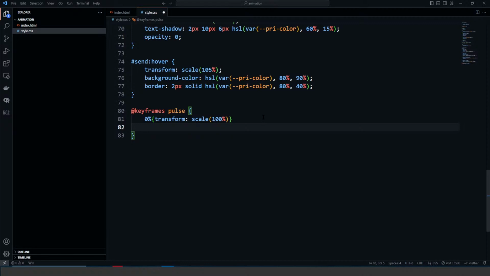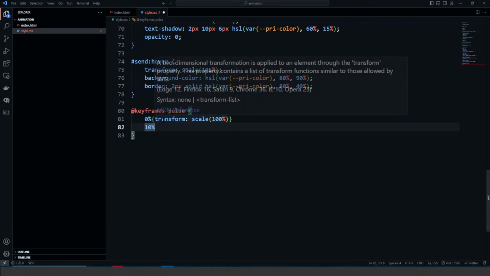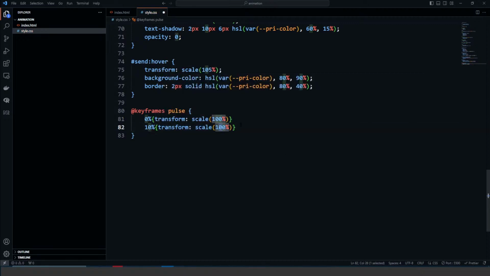And when it's 10% finished, I might want that scale to be at 110%. So that way, when the animation is 0% finished, so when it's gone 0 seconds, 0 amount of time through the timeline, it's just regular size. When it's gone 10% of the amount of time through the timeline,